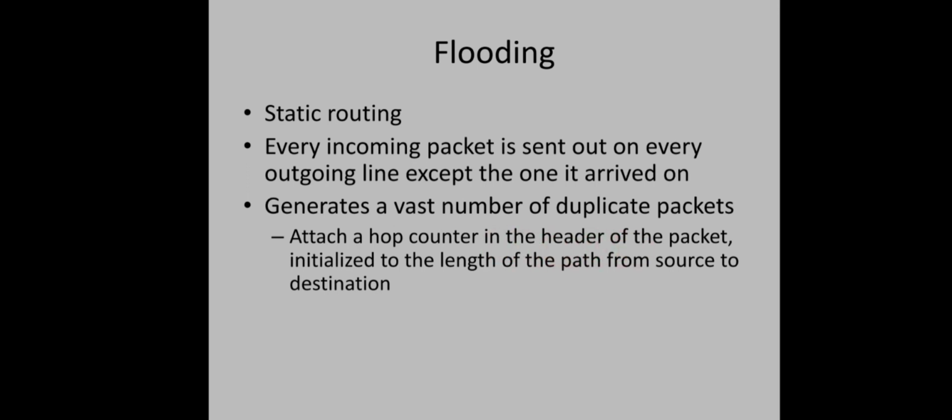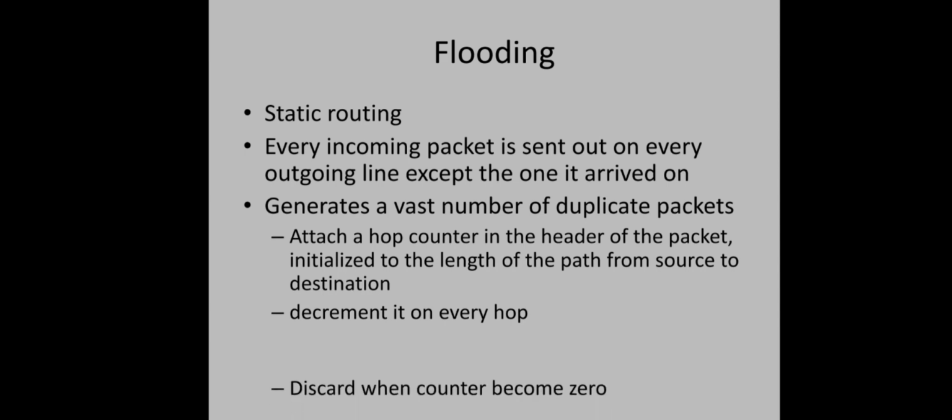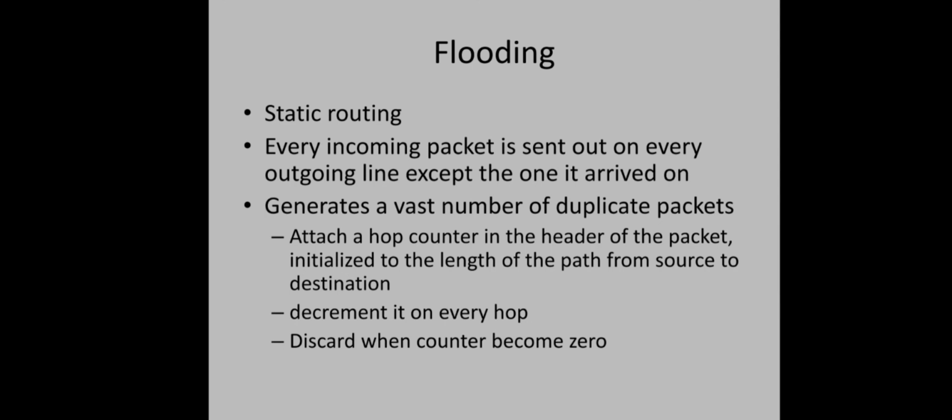Hop count means the number of intermediate routers between the source and destination. So if it is known in advance, the counter can be initialized with that value, the length of the path. Whenever this packet reaches a particular router, this count will be decremented. And when this counter becomes 0, the packet can be discarded. Like that, we can discard a lot of duplicate packets. And if the path length is not known in advance, it can be initialized with some worst case value like the diameter of the subnet. That much time it will wander over the network, and after that it will be discarded.